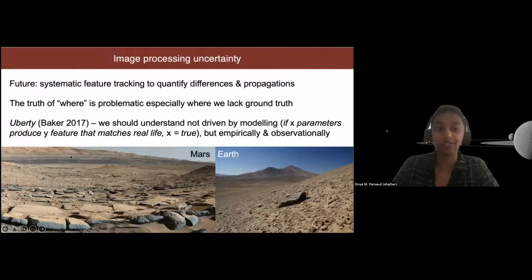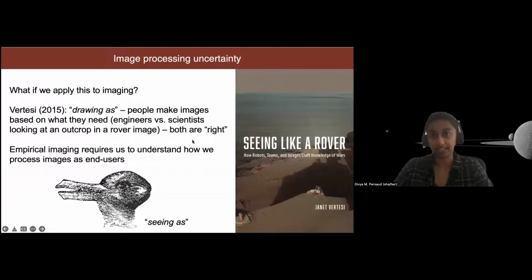Whereas a geologist, who definitely informed this image that we have here, is looking at, okay, I want the color here. I want the contrast to be lower because I want to see the textures on these rocks here compared to the textures over here. I want to see some of the stuff in the background. And both of those images are correct, right? They're correct representations of the surface, because correct doesn't have a single meaning. It depends who you are, what you're doing, and why.